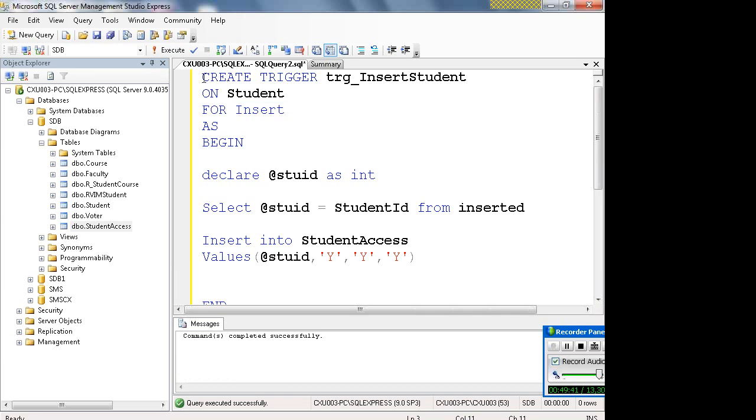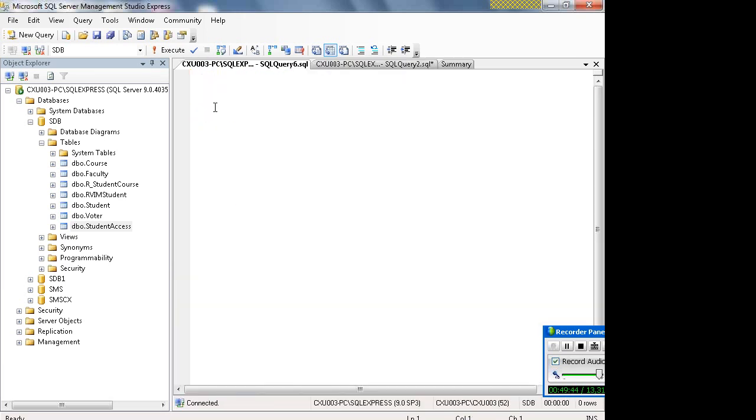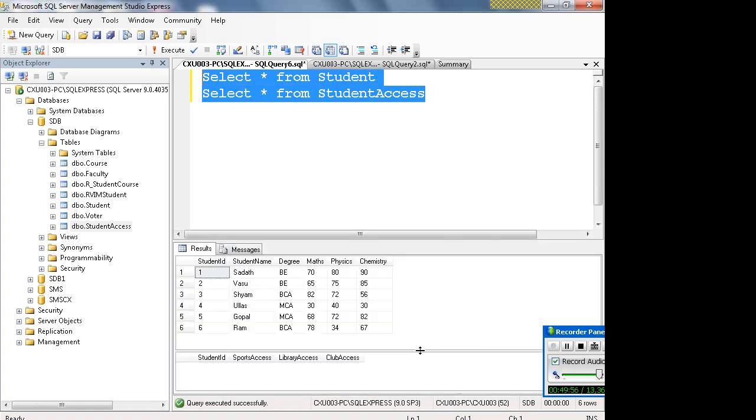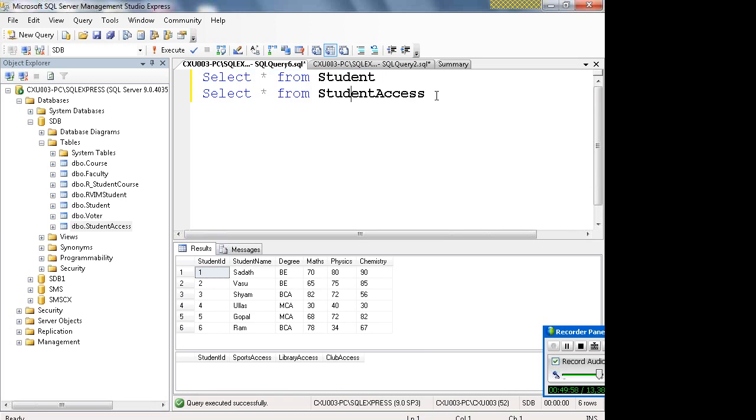Okay. So in this case, let me do one thing. I've written the trigger. Let me first say select star from student. Okay, we have nothing. What I am going to do, in the table called student, insert into student, what will I pass? Values, student ID 7,